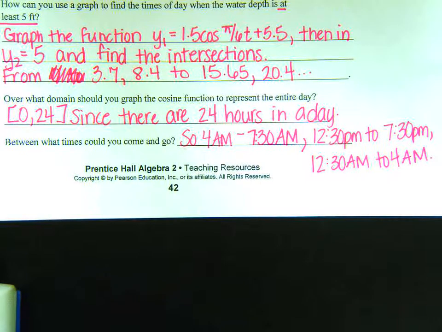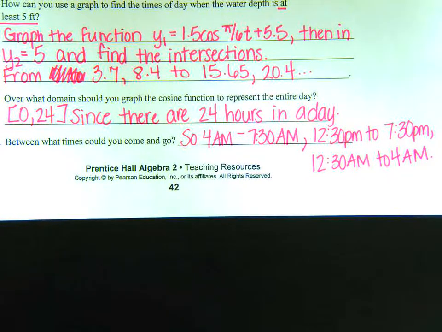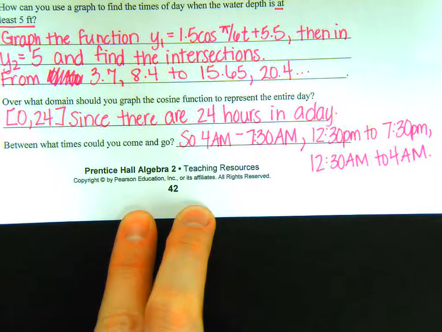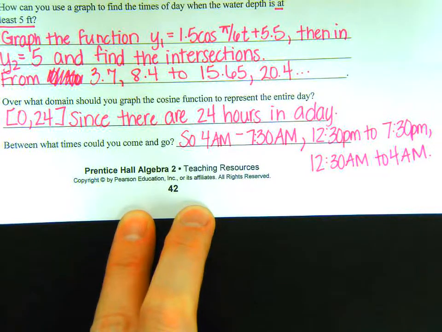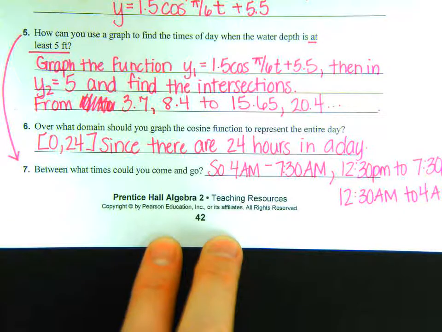So questions like this you're going to have to do on the test or on the quiz. You'll be given information. You have to come up with the average. You have to come up with the amplitude. You have to come up with the period. Write your equation. Sometimes they give you the graph, find the intersections. But this is the kind of stuff that we're working on. Okay, so I'm actually going to give you a